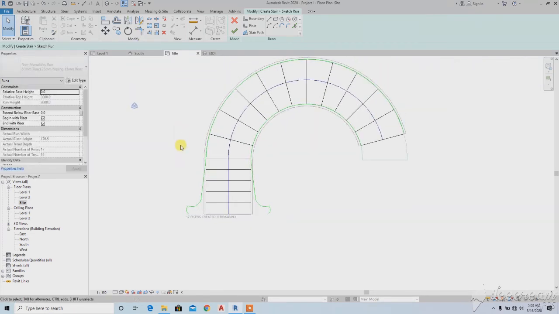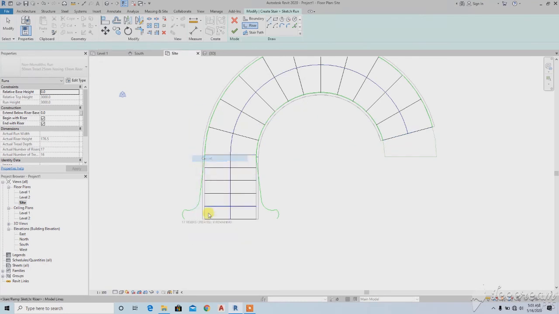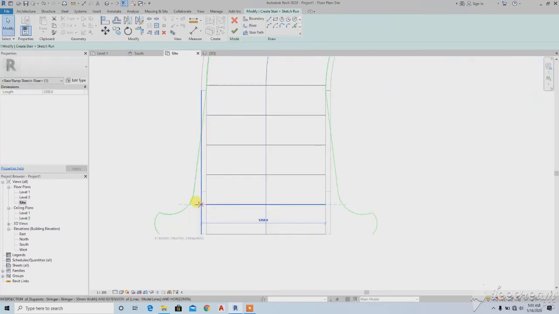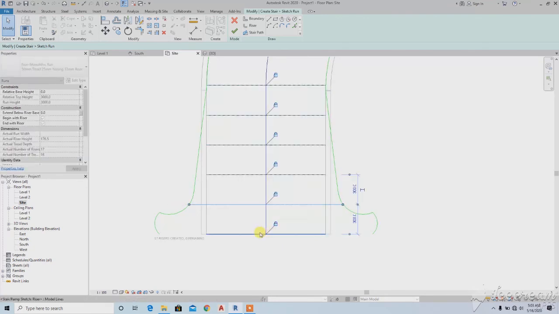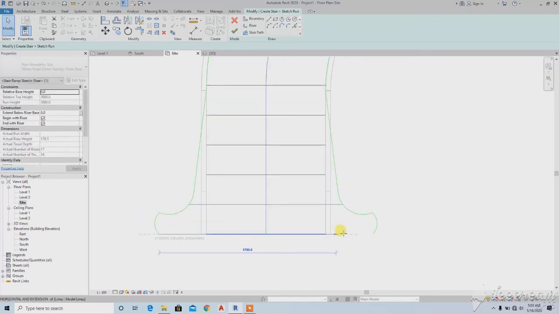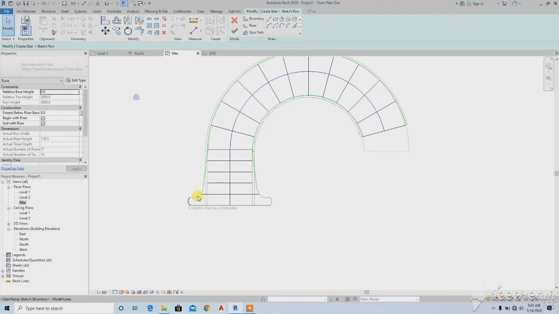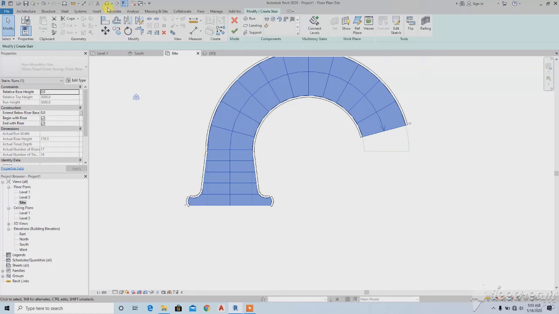So you might want to have something like that. You get your risers, you just need to extend this down to the lines. As you can see, we edited the boundary and the risers. The sketch part remains the same. So just finish up, you get